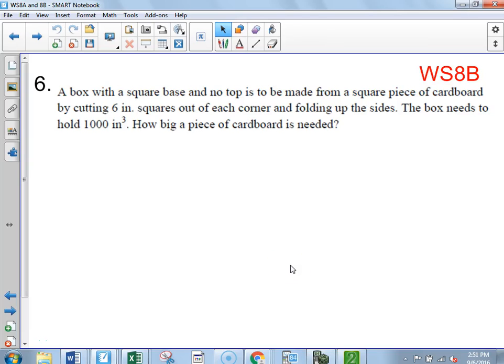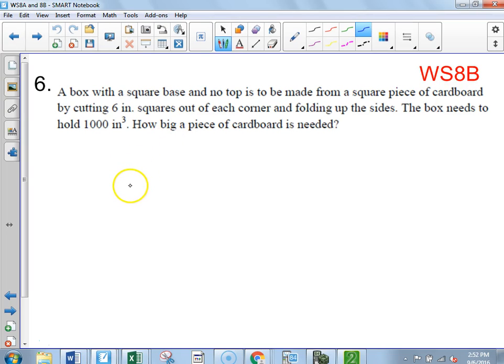All right, guys, we're going to look at worksheet 8B, which is word problems. We did 8A, solved by graphing on the calculator, which there are limited questions on the summative that have to do with solved by graphing, 1 or 2. But there are questions. There's also a question with a word problem. Okay. This particular question,